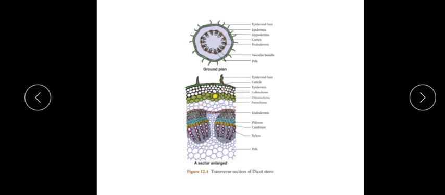Yes, of course, the stem looks green in color. When young, when I use the word stem, we are talking only about the younger plant, whereas when the stem turns into a tree, you can see the color changes. Okay, let's not go into that one. As long as it is a small plant, you can see the stem will be green in color. What is the role of being green in color?